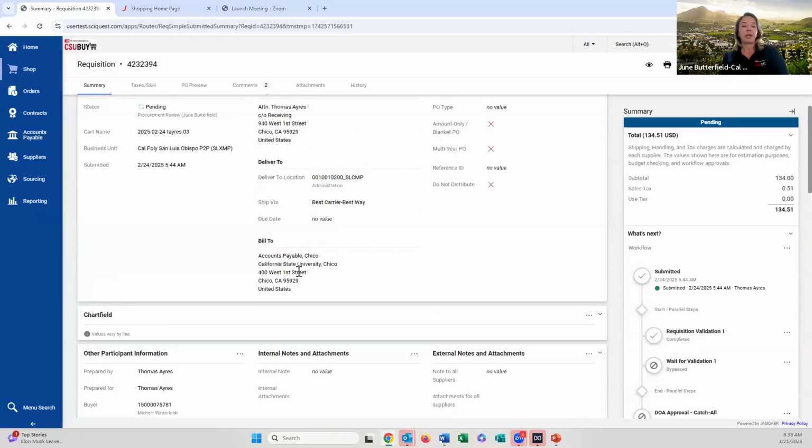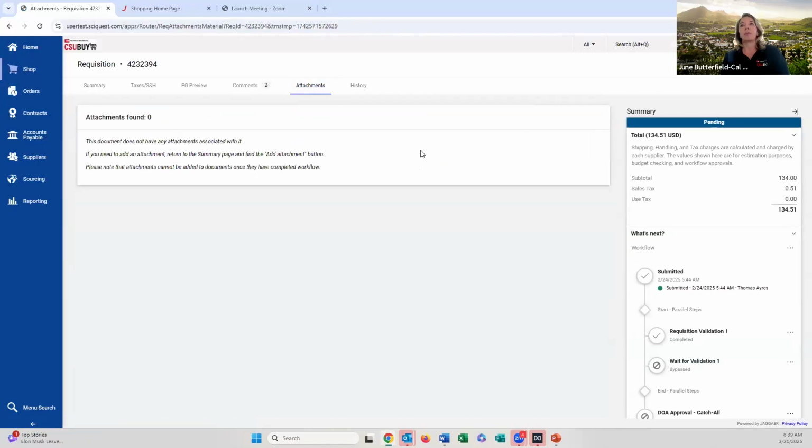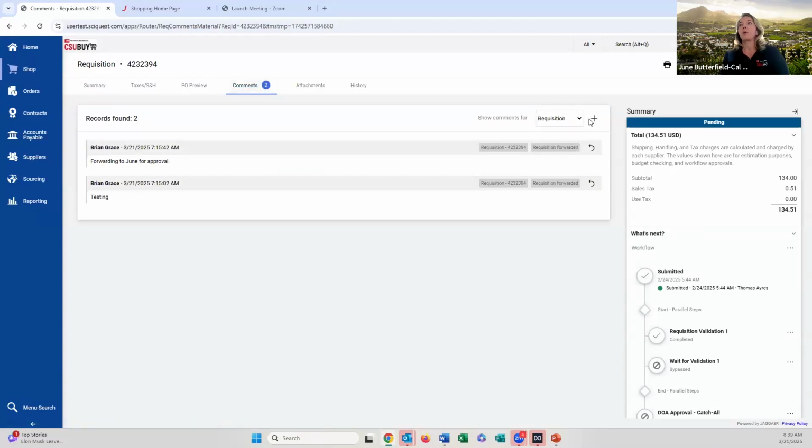Say, as a buyer, that you need to attach a document. As you can see, you do not have the ability to attach something on the requisition after it's submitted into workflow under the Attachments tab. However, you can attach something from the Comments tab if you remember. Go ahead and select the plus sign next to the requisition,